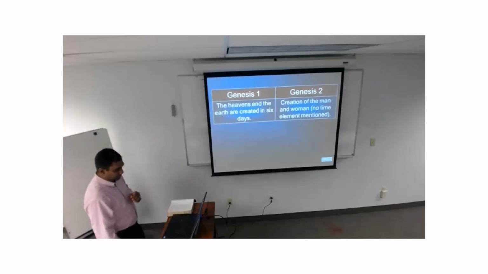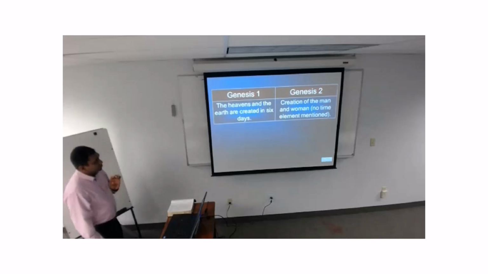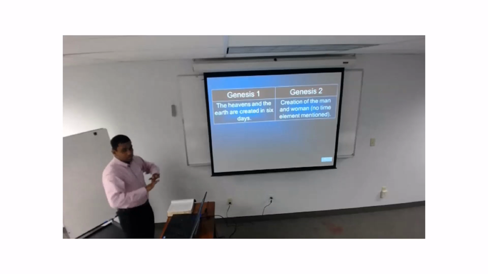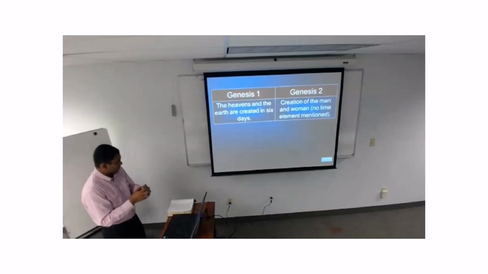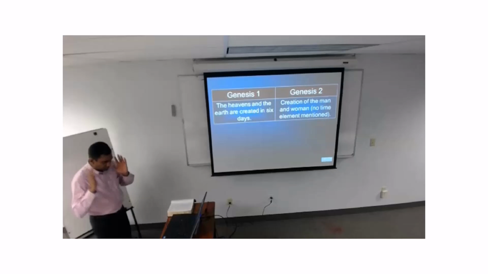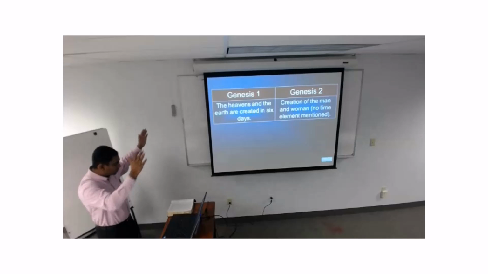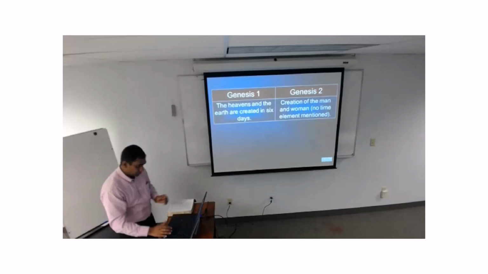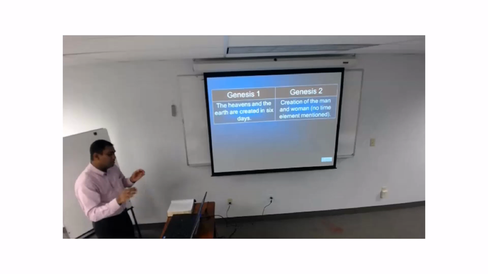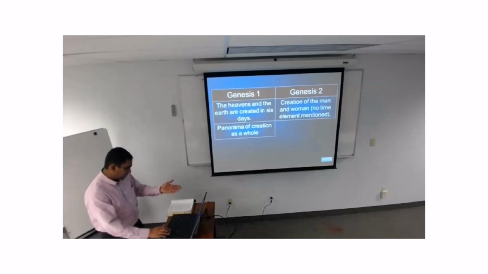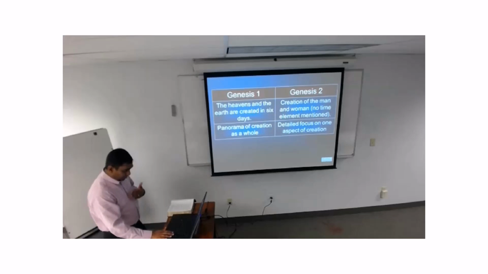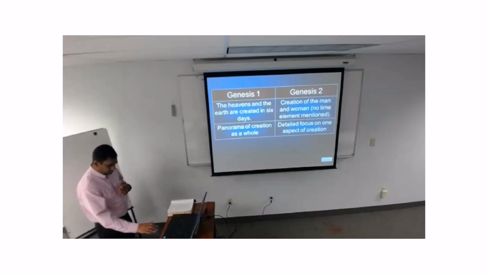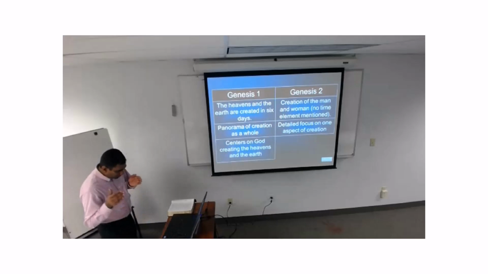Whereas when you look at Genesis 2, the focus here is not on the big picture of creation, but rather on a smaller focus. It's about the creation of man and the creation of woman, and the point here is not about the broader picture within the 6-day time, but rather what happens in the 6th day with really no element of time mentioned. And again, the note in the brackets is to talk about those who think of a contradiction. This is not a contradiction, it is actually zooming in on one specific element. And again, here you have a panorama of creation as a whole. You have a detailed focus of one aspect of creation, and that aspect is on man himself.